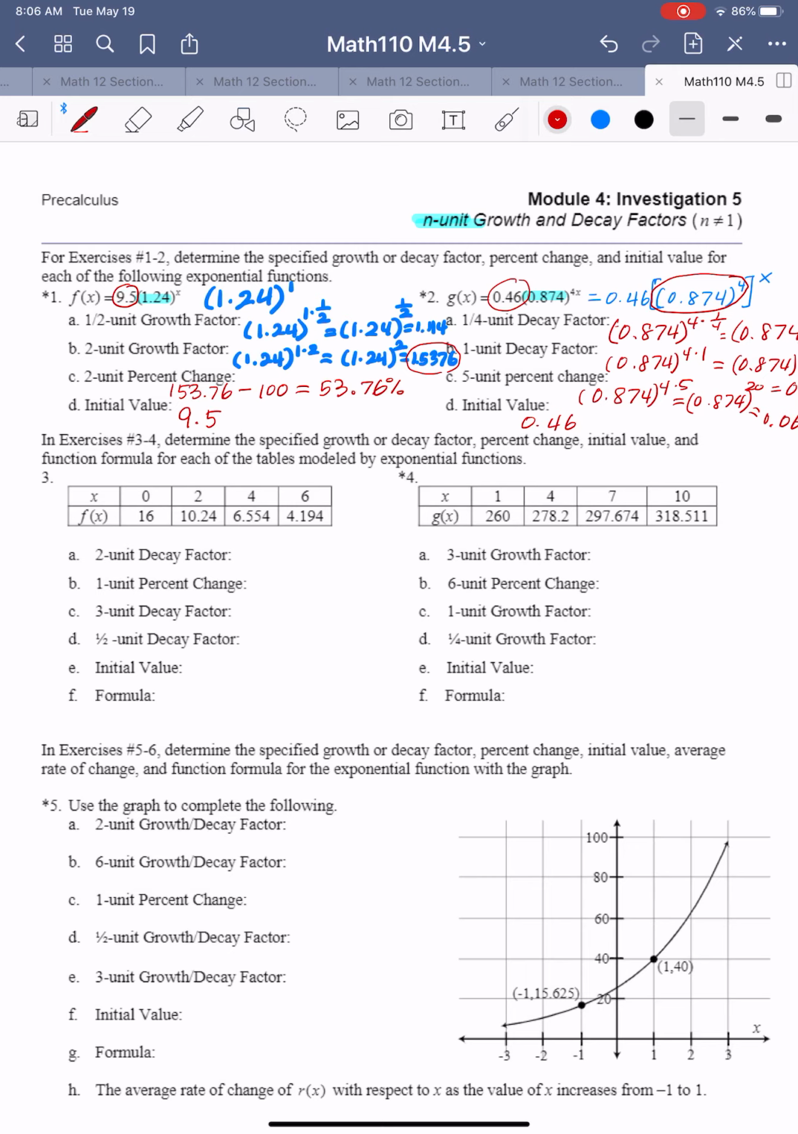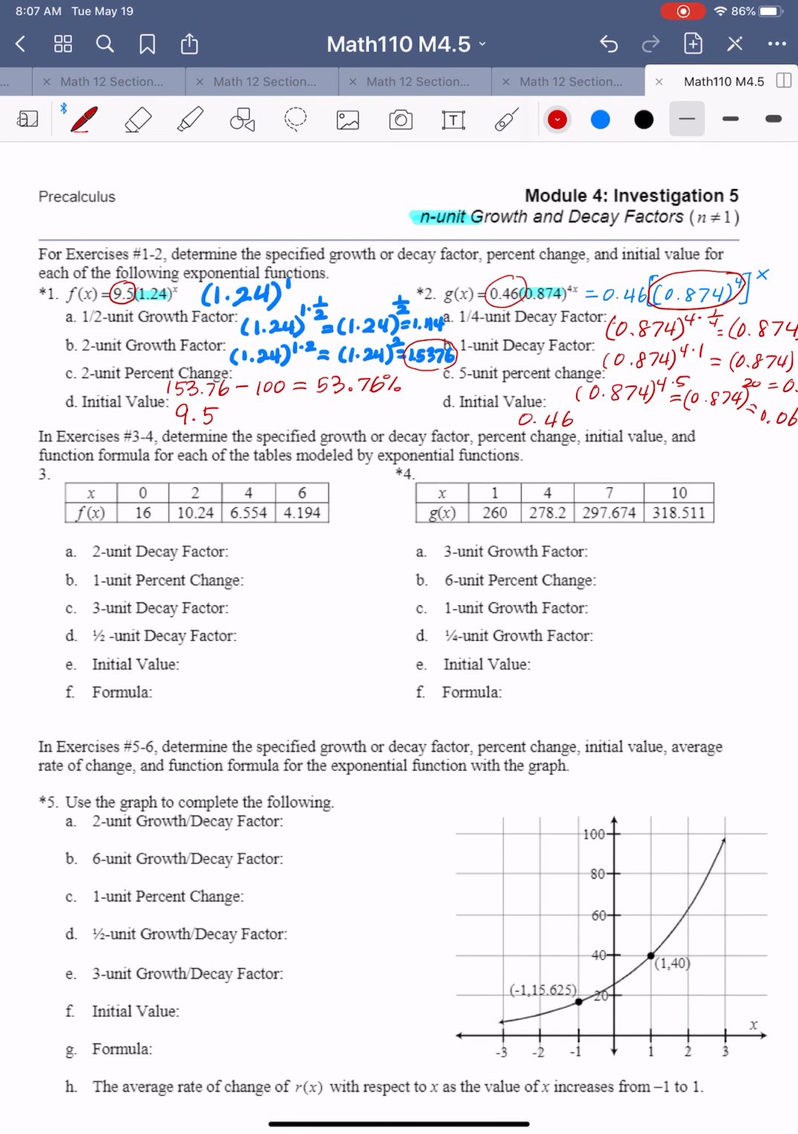Okay, number 3, determine the specific growth and decay factor, percent change, initial value, and function formula for each of the table models by the exponential function. So this time, I am using the table. So we have to find the decay factor first, which means you have to use the ratio, right? So 10.24 divided by 16 is, I got